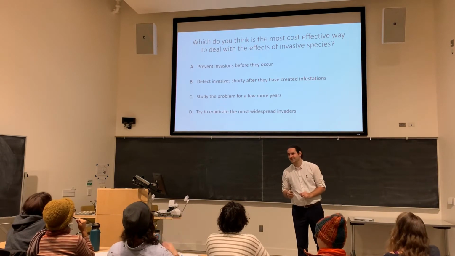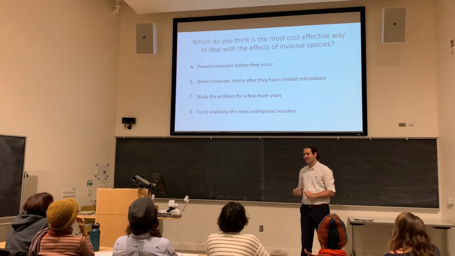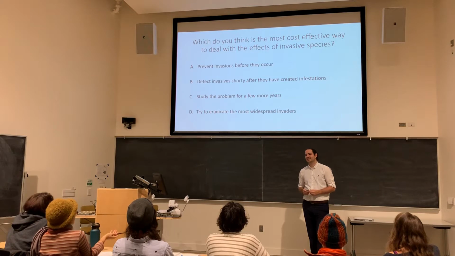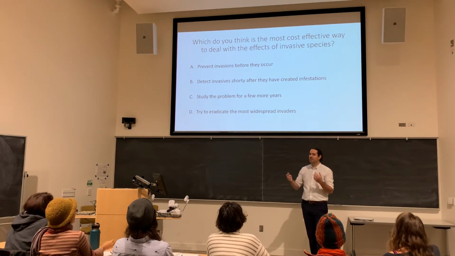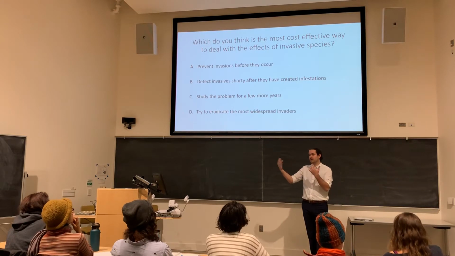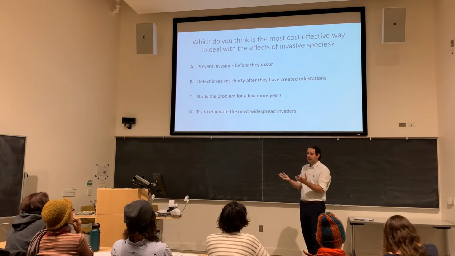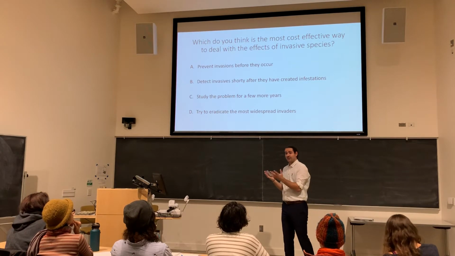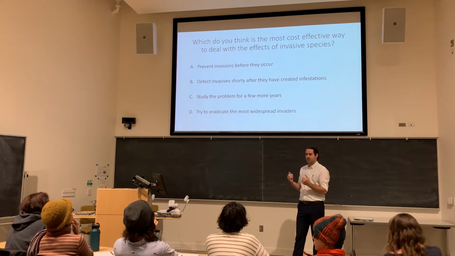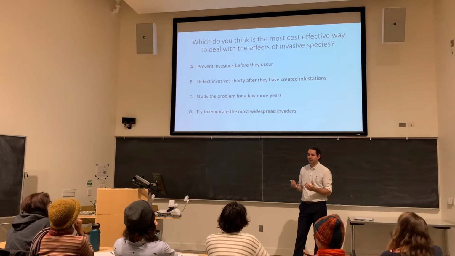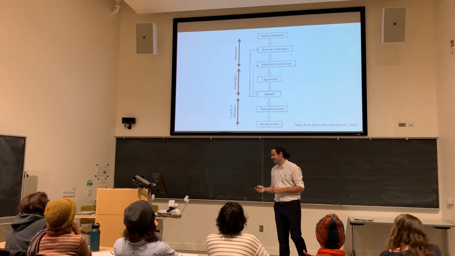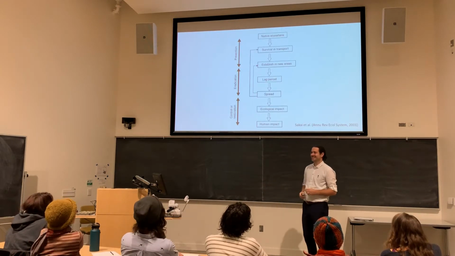Okay? Substitute A and B. A and B? Because you'd have to know what's going to come in. We know that it's in some other place. So we're actually knowing its native range, and we know that it's affecting some range and some habitats, and now we're trying to see, is it going to come to our range or not? So A. Is it unanimous? All right, we don't know yet.